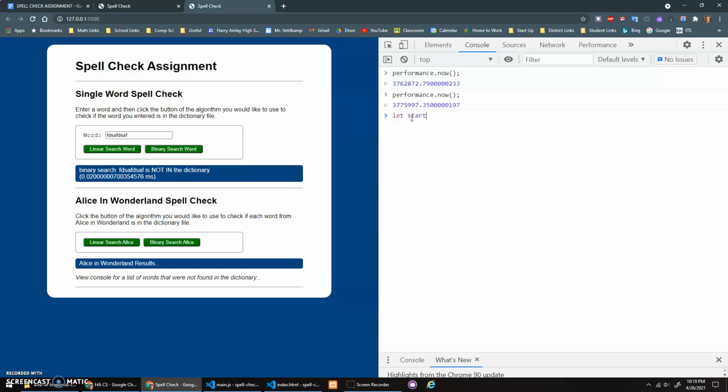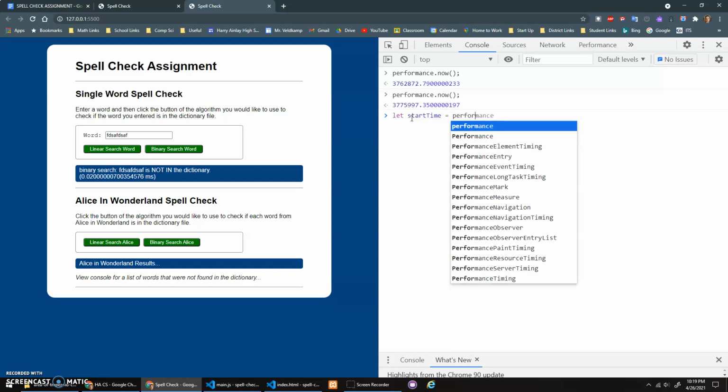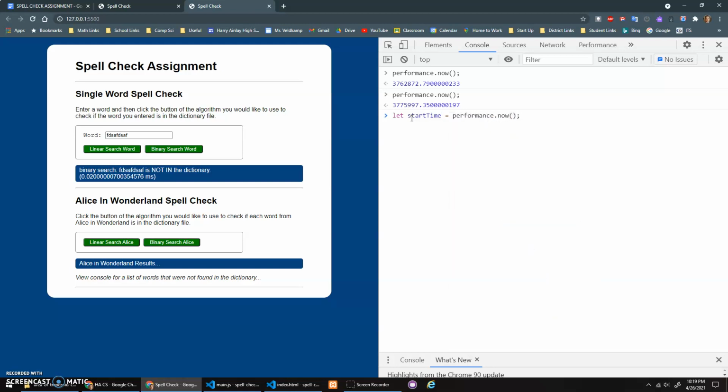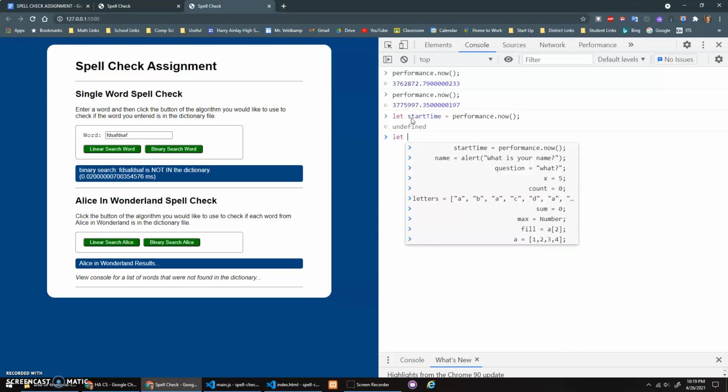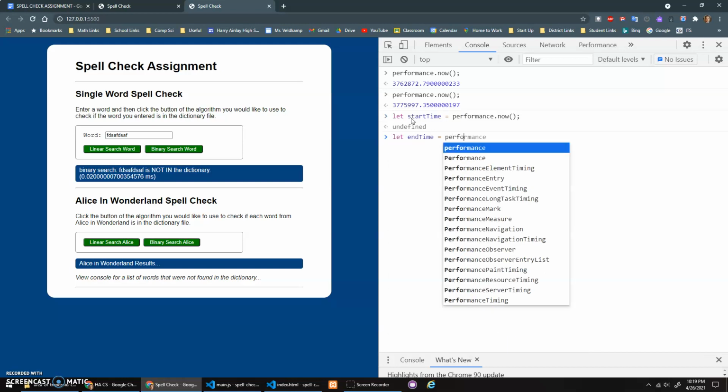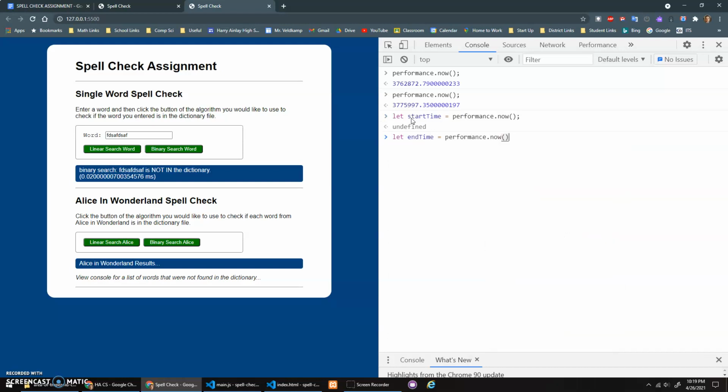Basically, you can say, hey, start time is assigned performance.now. So it gets this moment in time. Let end time be assigned performance.now. And then I just go end time minus start time, and that's how much time had elapsed, right? So since I did this command, time passed. I did this command, that was 6,641 milliseconds, so 6.6 seconds it took for me to type this variable and